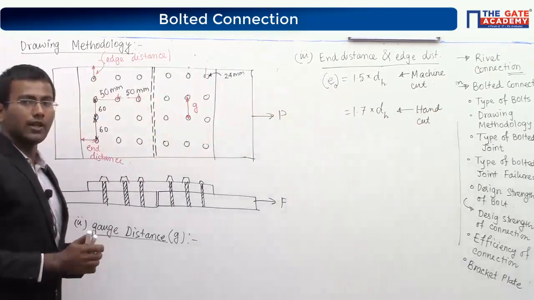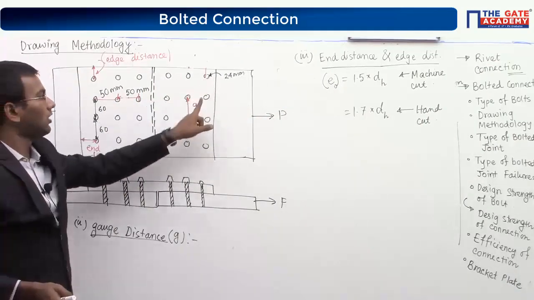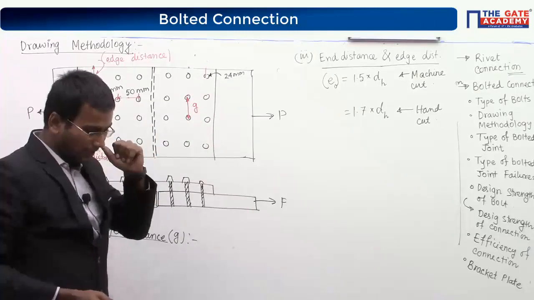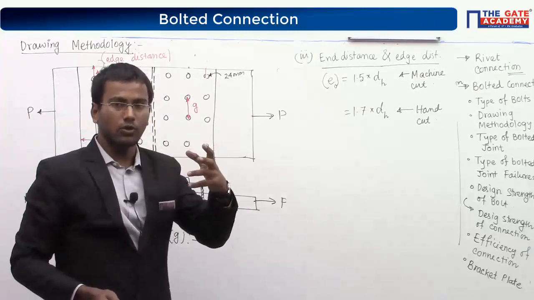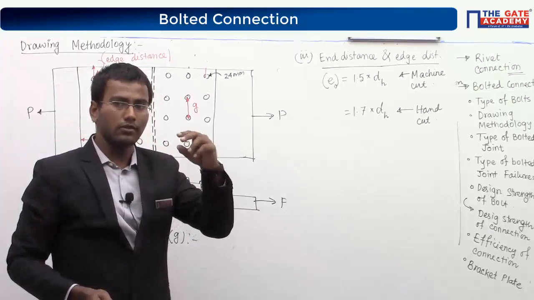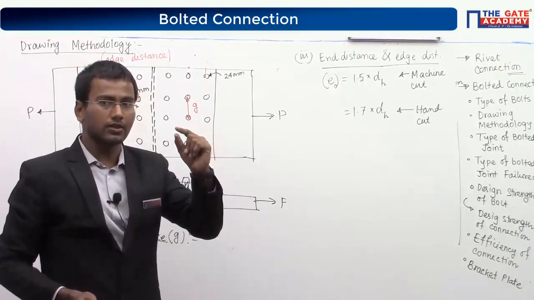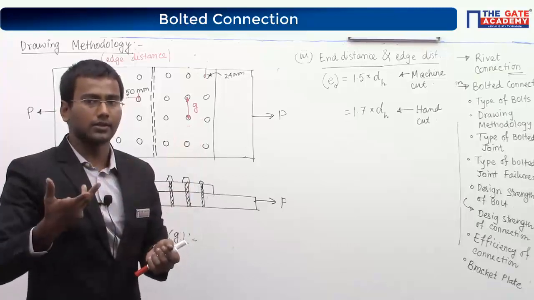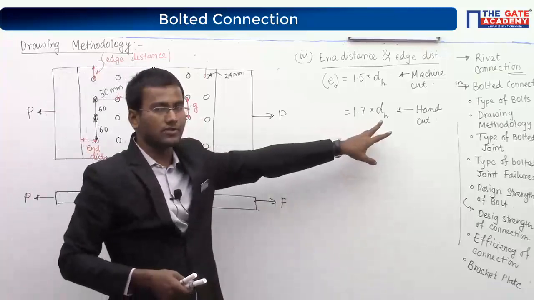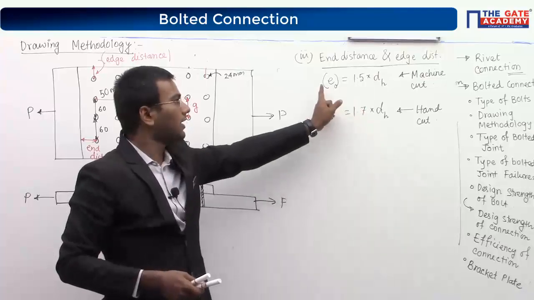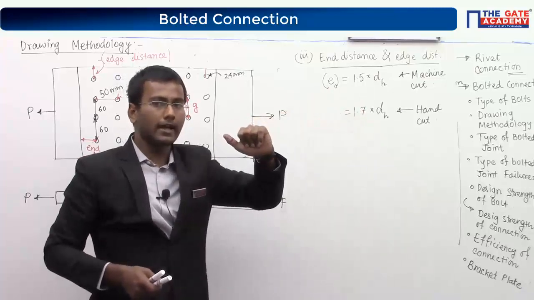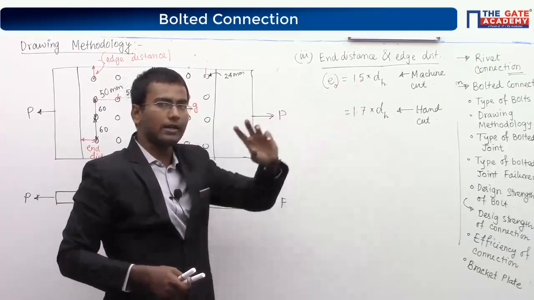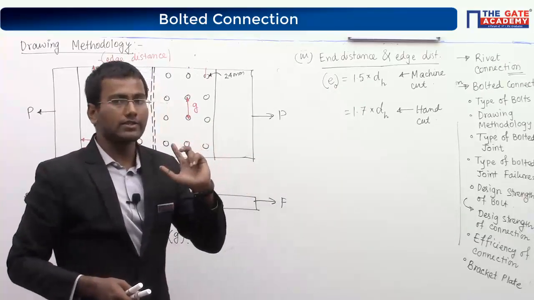You have made this hole by some hammering. Sir, what is the meaning of hammering? I think if somebody is from places where we use tin or asbestos, we do the hammering directly. We do not use making a hole and so on. So for those cases I have to take more edge distance. But if I want to take machine cut or proper design at a proper construction site, we can take machine cut and we can take a lesser amount of edge or end distance.